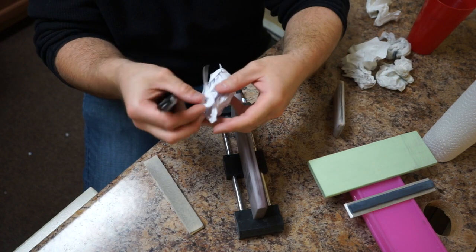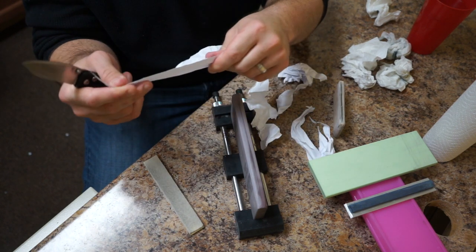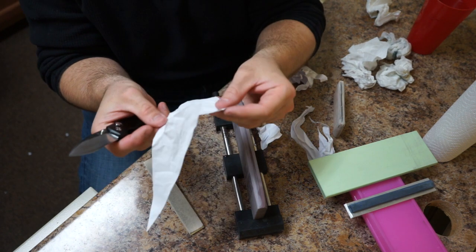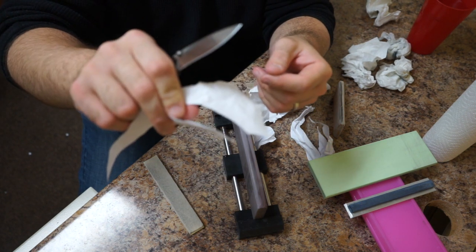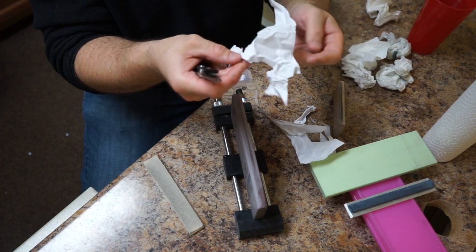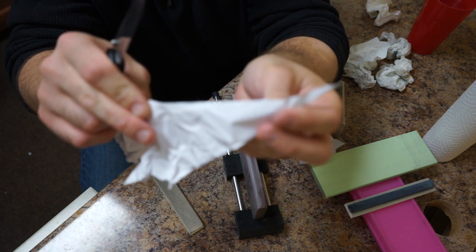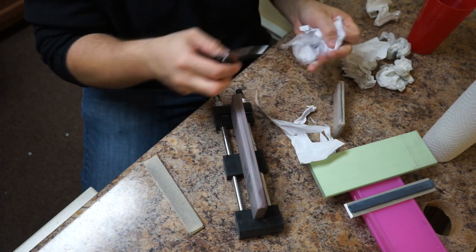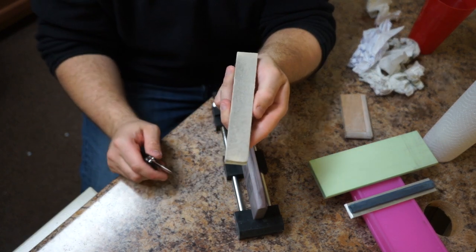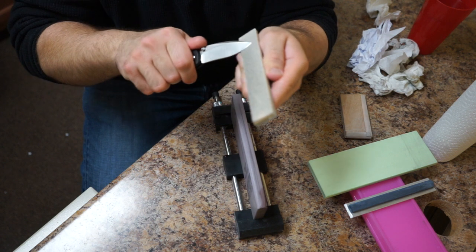So if I did the paper cut test now that it's all crumpled and messed up, even though it's crumpled, the cut line is much cleaner on the paper. I don't have the other cut line to show you exactly. Well, actually here, it's right here, so you might be able to see it's more jagged there. So when you compare the two, just maybe 10 times that I stropped on this hard pressed felt with 1 micron made a difference. But that's when I'm making a jump from the 5000 grit